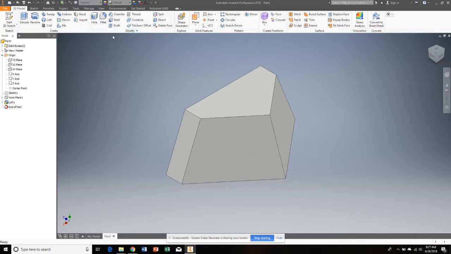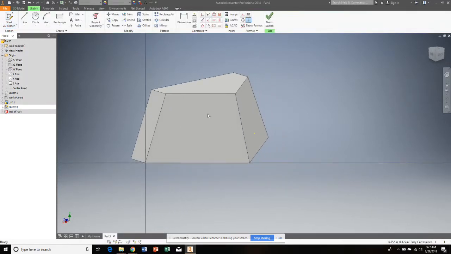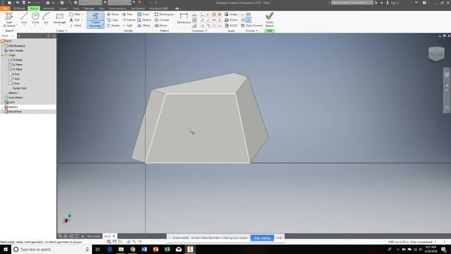Start a new sketch, and right here you're going to find out if you go to start a new sketch and you can't grab that surface, you've made a mistake with your dimensioning, and you'll have to back up and redo those dimensions. I'm going to project some geometry first. I need to project this outline. And so project geometry, I'm going to click right in the center of that trapezoid, and it creates that yellow